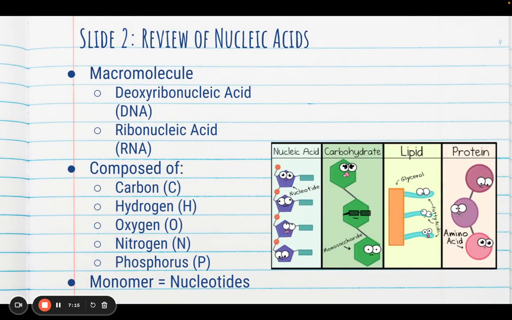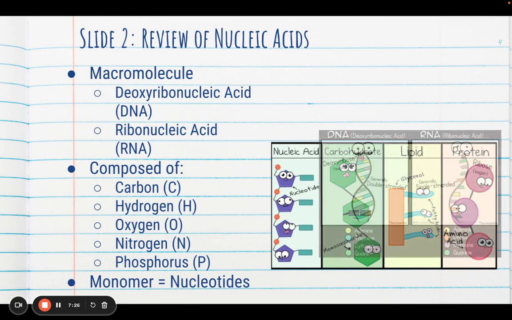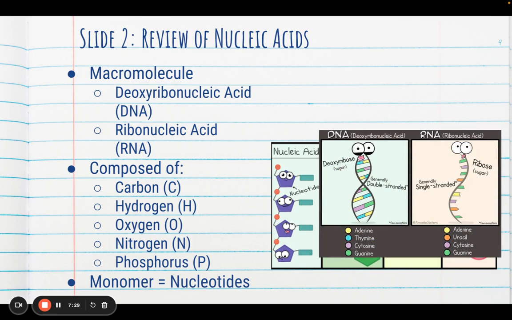Now that we understand how the information involving DNA all got here, let's reflect back really quick to our biochemistry unit. If you remember, there are 4 macromolecules and nucleic acids are one of them. Examples of nucleic acid polymers, meaning the large molecules, are DNA and RNA. DNA stands for deoxyribonucleic acid, and RNA stands for ribonucleic acid. Every single nucleic acid, whether it be DNA or RNA, is made up of carbon, hydrogen, oxygen, nitrogen, and phosphorus. We can thank Miescher, Wilkins, Franklin, Hershey, and Chase for that.